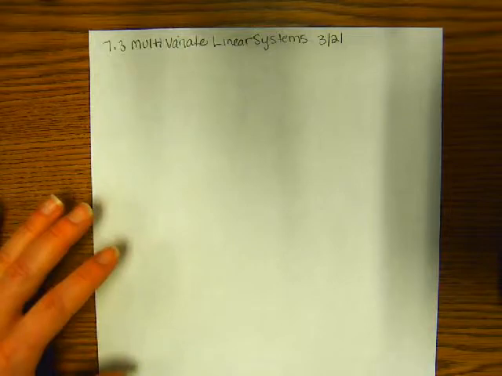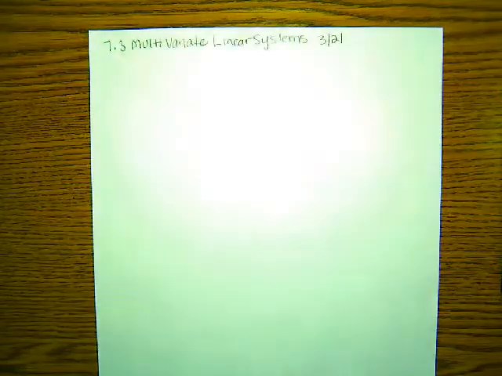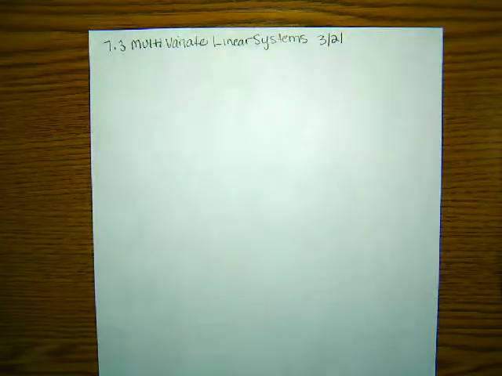All right, so far we've talked about systems. So far we've talked about systems with how many different variables? Two. What were they called? X and Y. Okay, so today we're going to start talking about some things that have three variables, X, Y, and Z. And so if I gave you something like this,